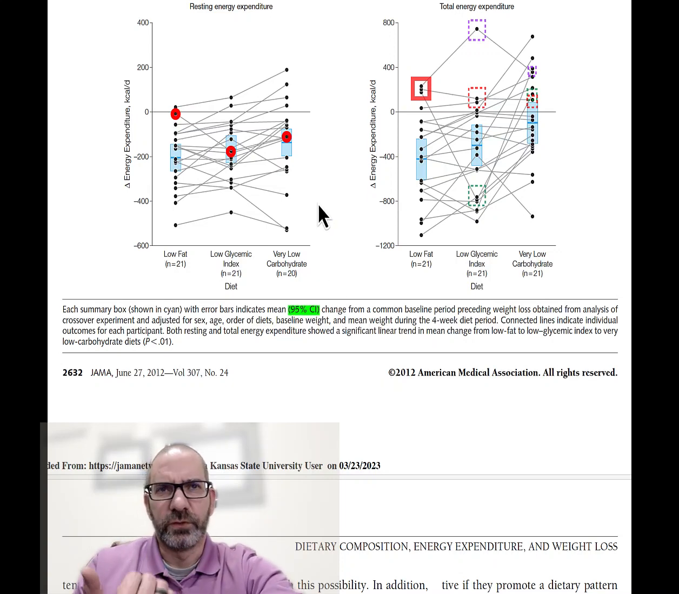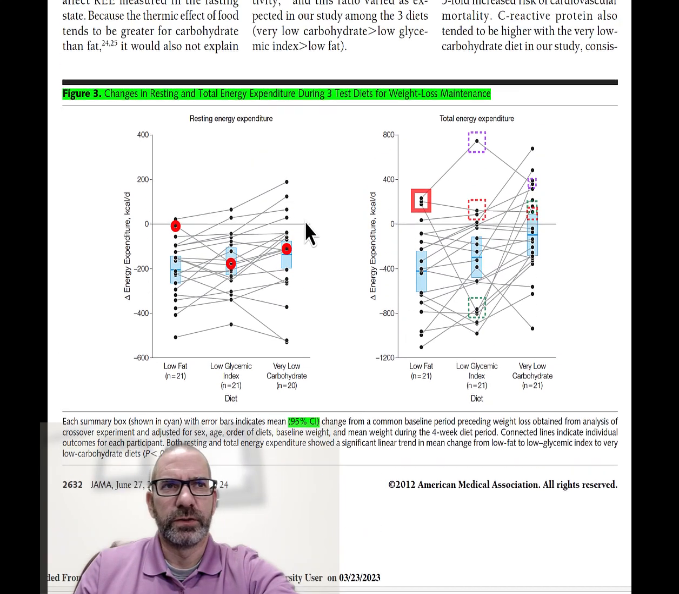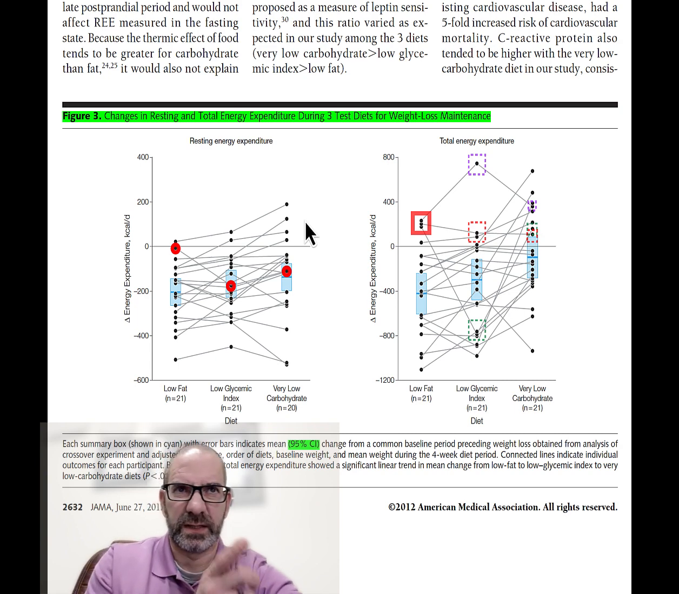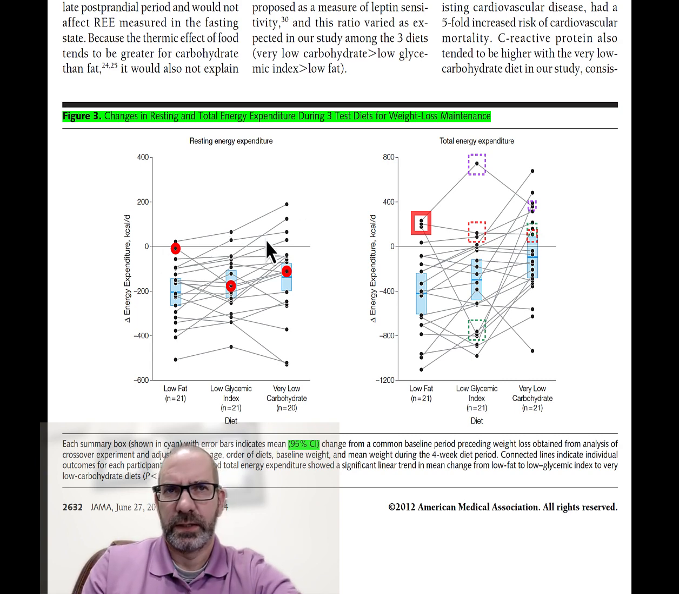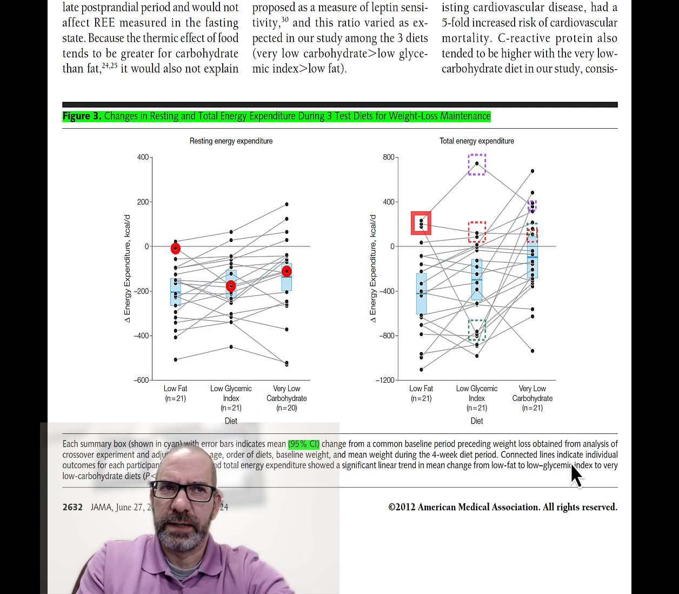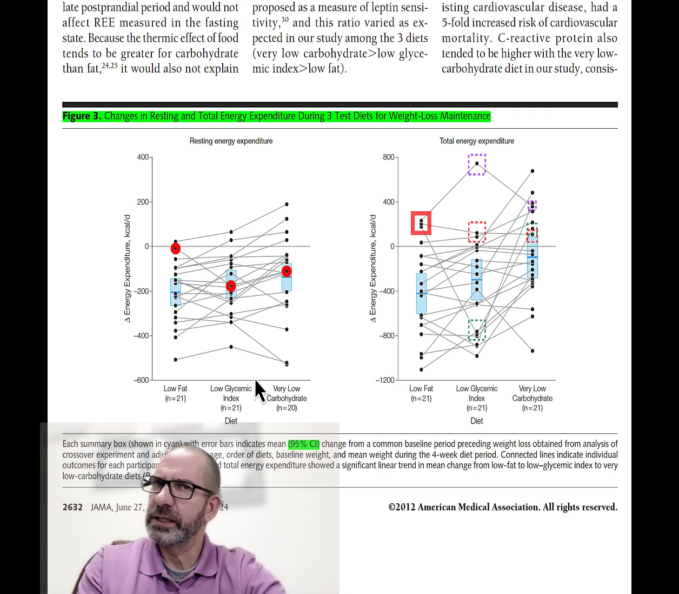So this is a reason why I chose this study and studies like this to use, is that these are individual. The connected lines indicate individual outcomes for each participant. So each of these, this dot, and this dot, are from the same person. And so what that allows for is assessing how each diet affected participants individually. So, case in point,